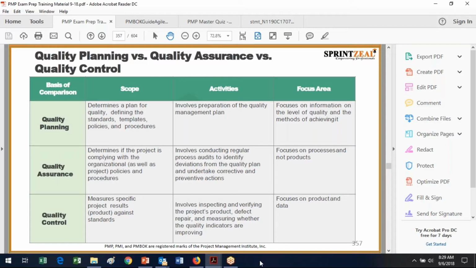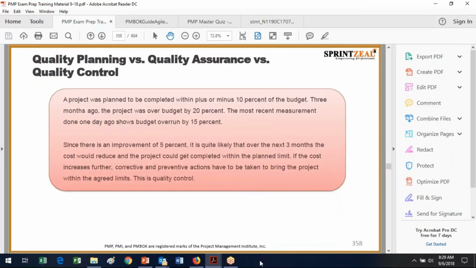Either it's there and you see it, or it's not there and you see it, or unfortunately you don't see it and then the product gets into the hands of the end user, which might not be a bad thing. Which might be a bad thing. So here's an example where a project was planned to be completed and virtually everything is intended to be within 10% plus or minus of the budget. And it's usually never minus, let's face it.